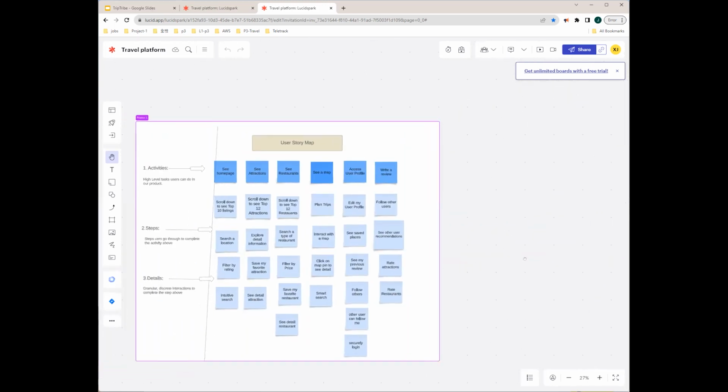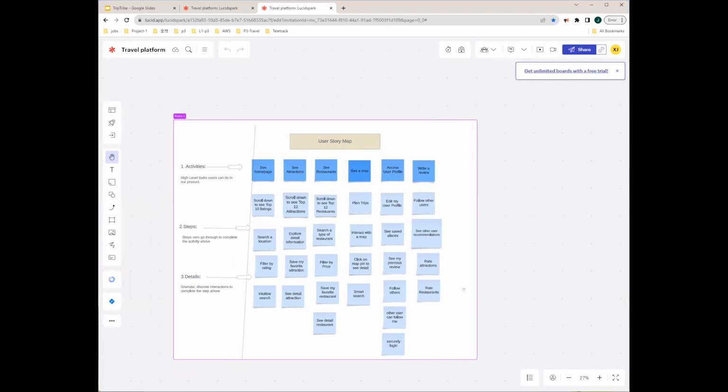We included 3 steps. The first step involves high-level tasks, such as our user can easily navigate our homepage, scrolling effortlessly to explore attractions or restaurant listings. And with this foundational understanding, we have defined our goals and established our minimum viable product, ensuring a user-friendly interface